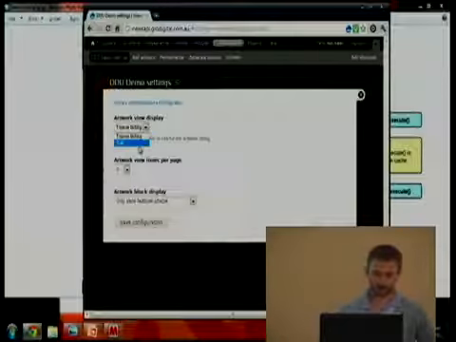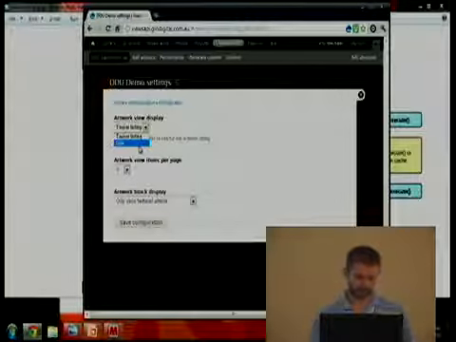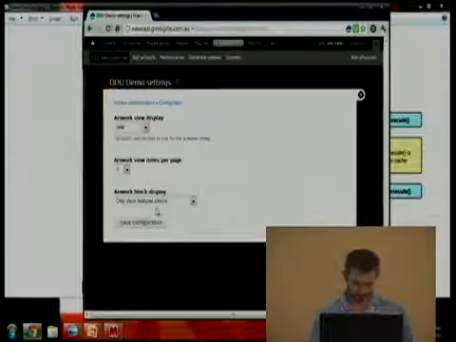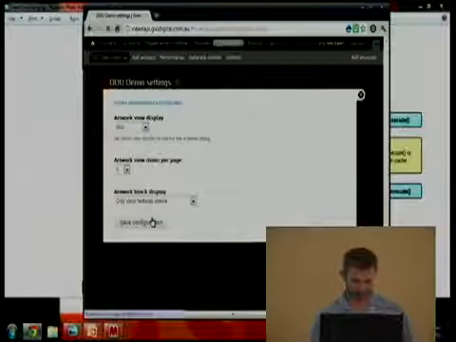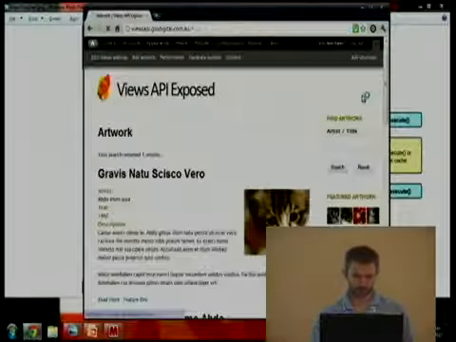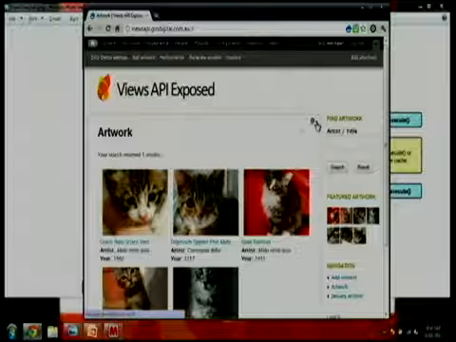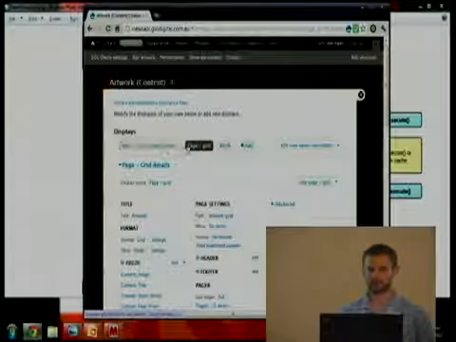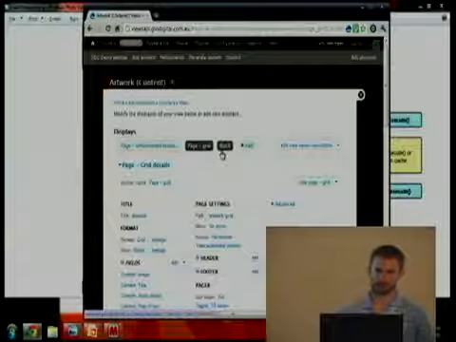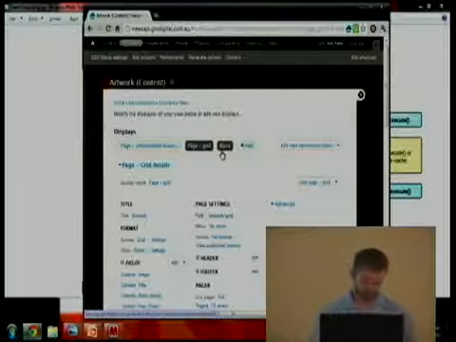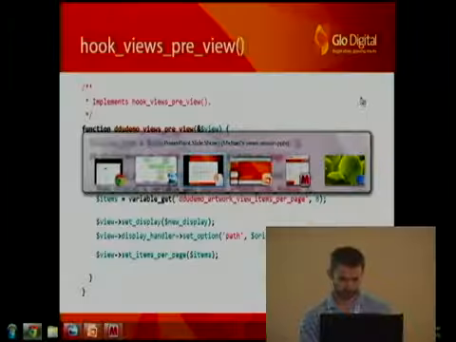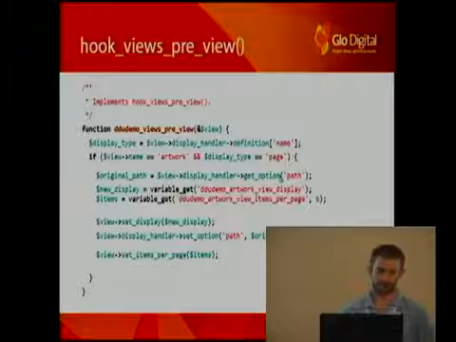Okay, so if I change it to this other setting that I've added in called the grid and hit save, close the little overlay, this page should reload with my grid display. Now, if you edit the view, you can see that there are two different displays. Has everyone created different displays in a view before? So you can have your page, your block, or you can have multiple pages. So that's all that's doing. So to do that, all you need to do is hook into hook views preview.